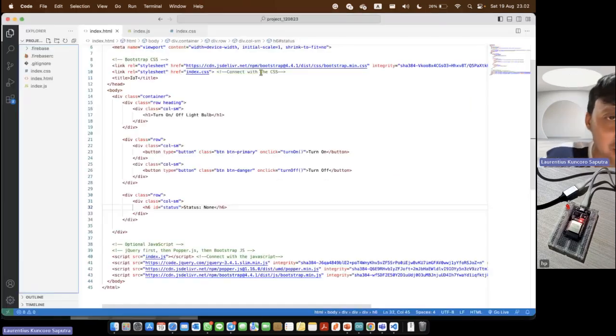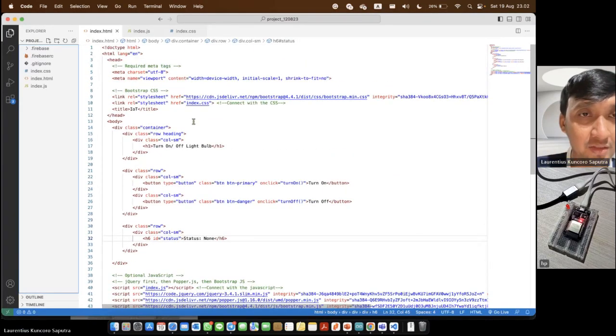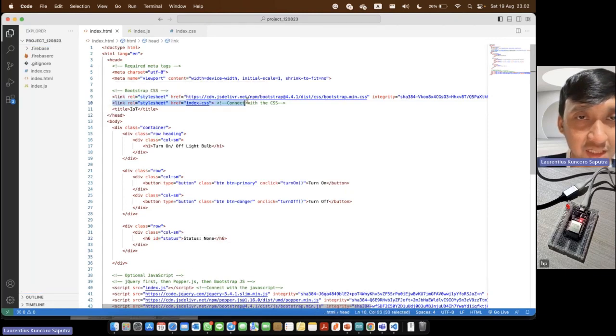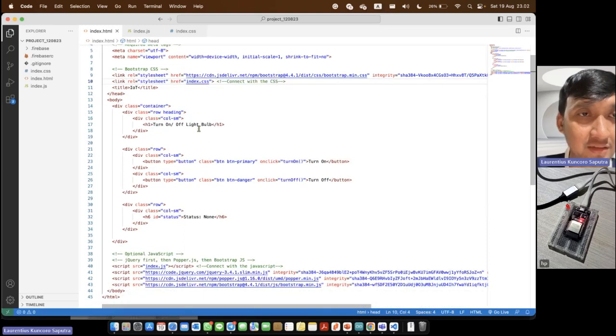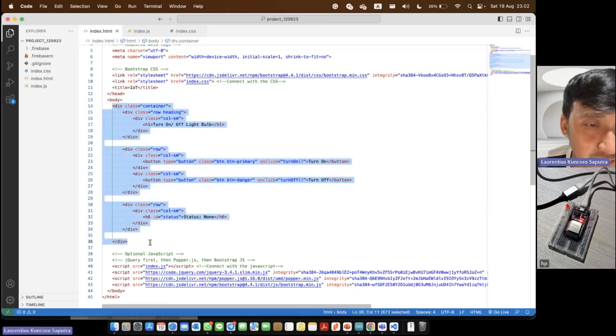So to arrange this design, we can go back to the HTML. Don't forget to link the index.css because we use the index.css file here. Put this code after line 9, after the Bootstrap CSS URL. After that, please pay attention to line 14 until line 36.